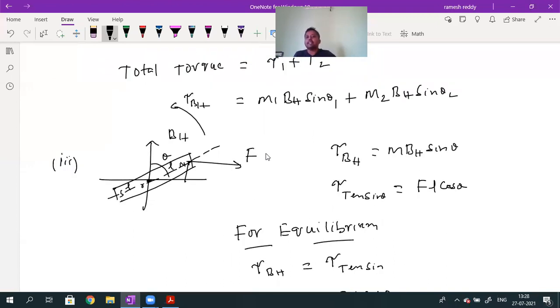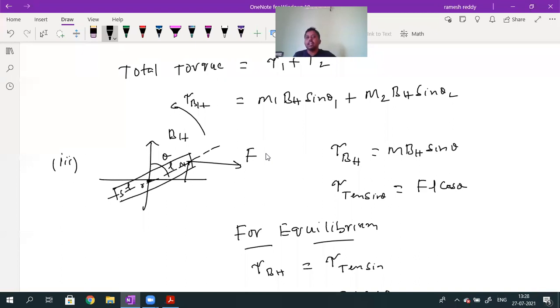A bar magnet is suspended freely in the presence of the horizontal component of the earth's magnetic field. The bar magnet will experience a torque. Because of the torque, the bar magnet will rotate and align in the direction of BH. The torque acting due to the horizontal component is given by tau = M BH